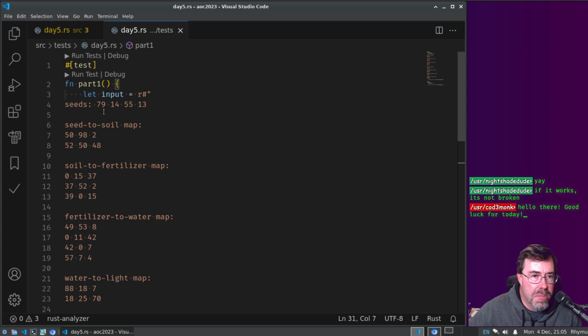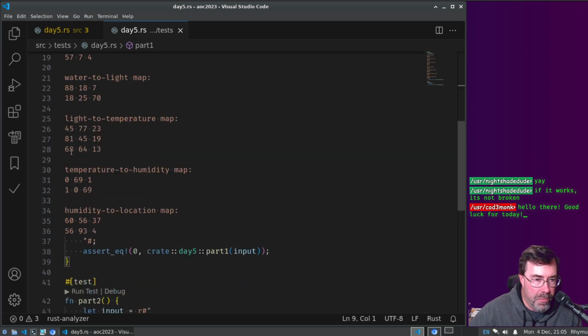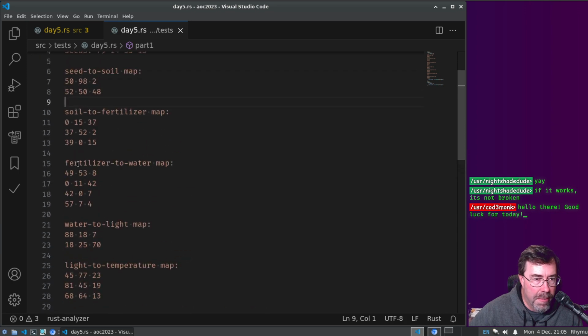Okay, so first step is parsing. I think it's 2 stages of parsing. First stage is to get the seed numbers. And then the second stage, we're going to read in map lines. We don't know how many map lines there will be, so we'll stop when we get to either the end or a blank line, right?